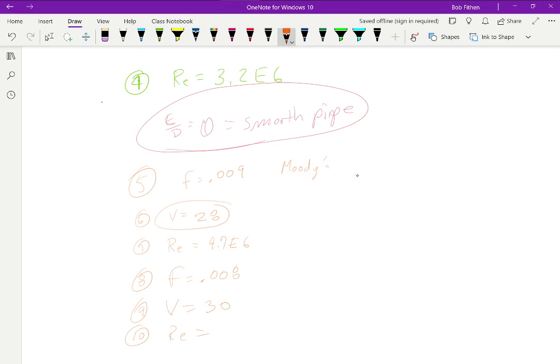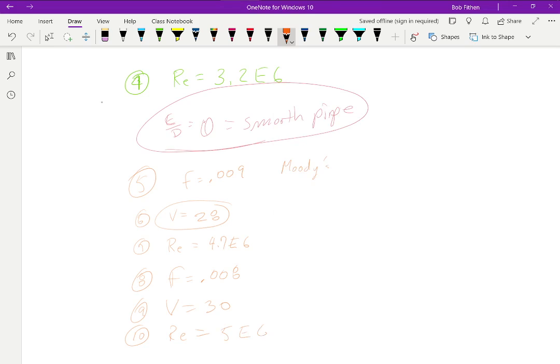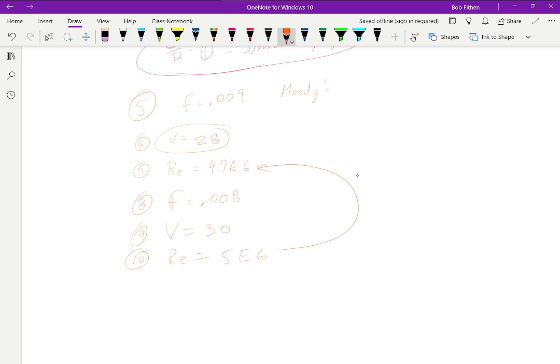Reynolds number will be 5 e to the 6, which was about close enough to there. Call it quits. So the velocity is going to be around 30 in this case. I hope that basically gives you an idea